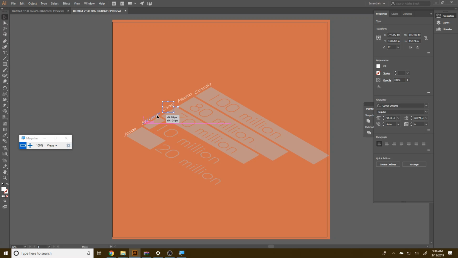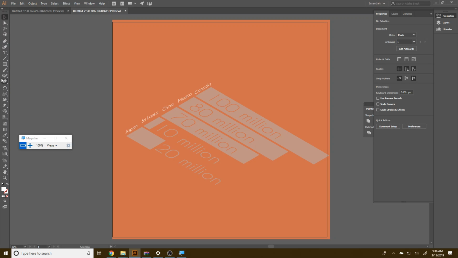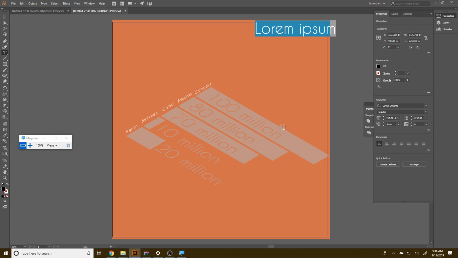You've got your labels as far as the fields go, and then you have your values expressed in these bars. But it's just graphically a little more interesting. And then on the side here, I'll take my text tool and I'll type up something over here. And I'll say